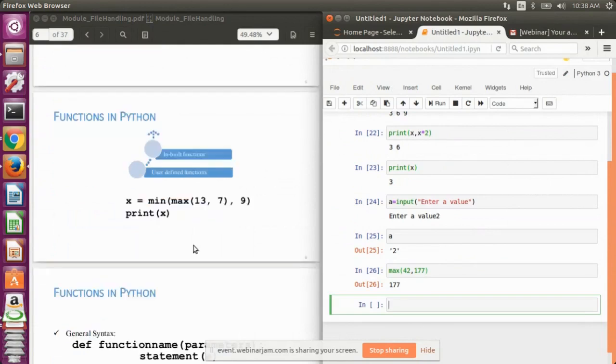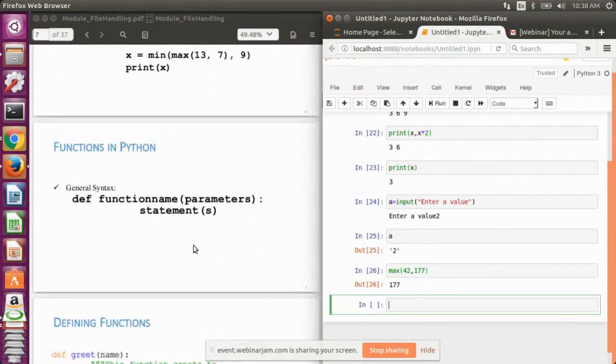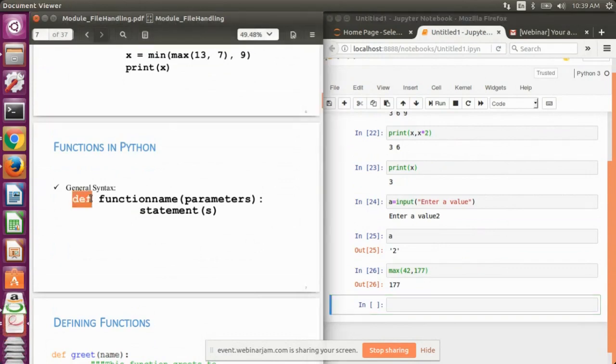Now to define a user-defined function, we need to follow a particular syntax, or some rules. The syntax is, first we need to use a keyword def. def is a keyword that indicates that whatever definition comes ahead will be considered a part of a function.